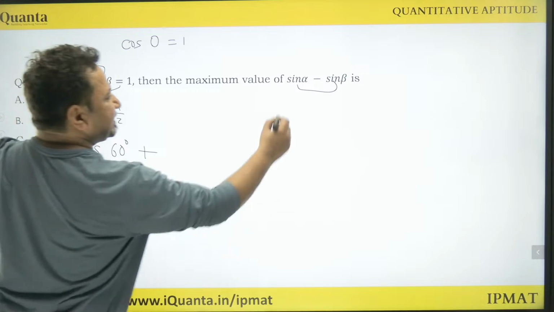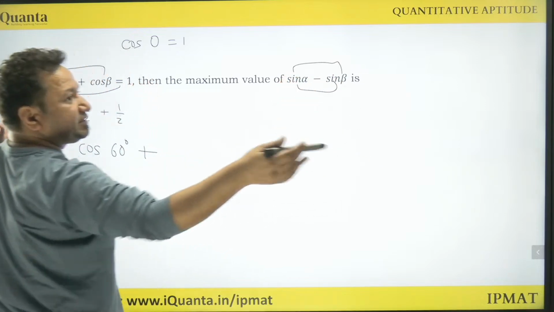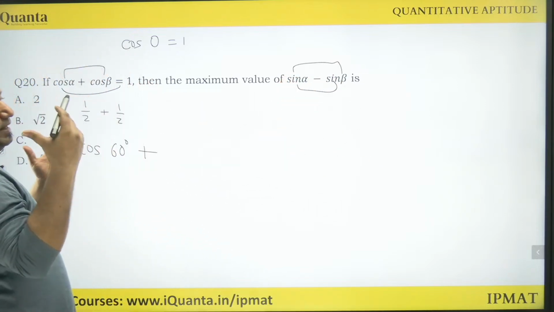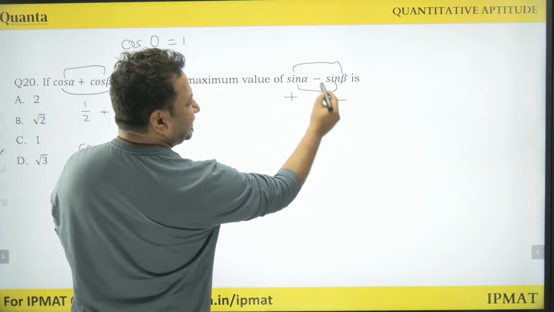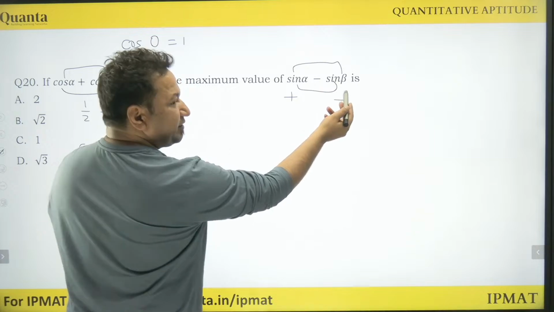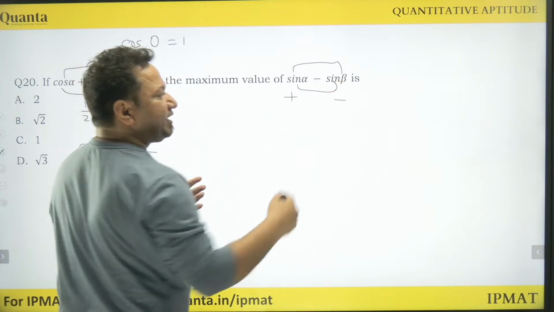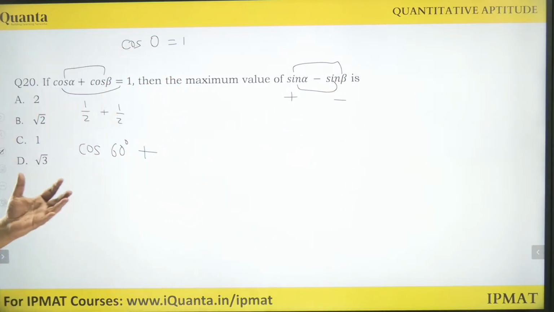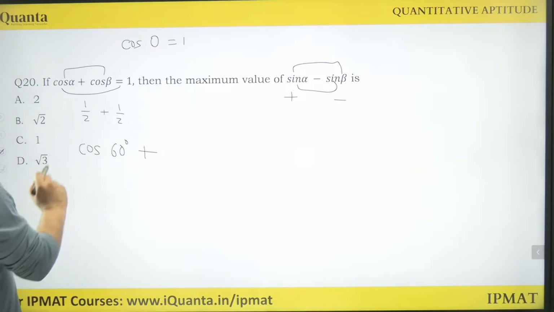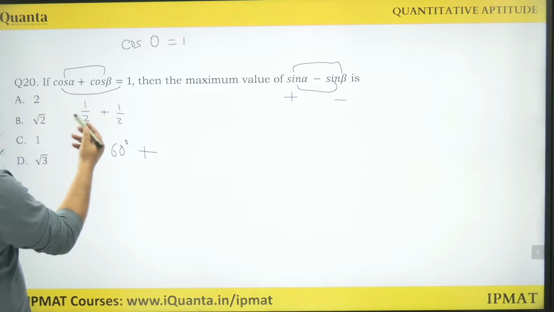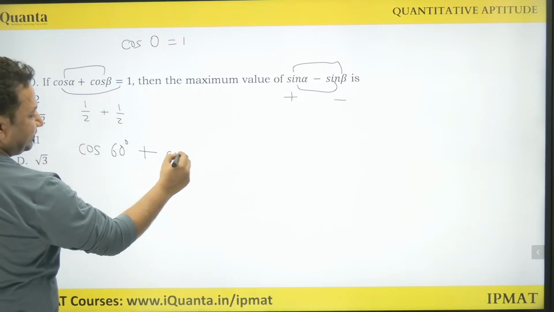But here we have to maximize sin alpha minus sin beta. That means it will be maximized if sin alpha is positive and sin beta is negative, because sin beta occurs with a negative. Negative मिलके positive हो जाएगा. तो मेरी कोशिश ये रहेगी कि sin beta negative हो. कब होगा? When beta is negative. So instead of writing alpha is 60 here, beta to be 60, it's better to write beta to be minus